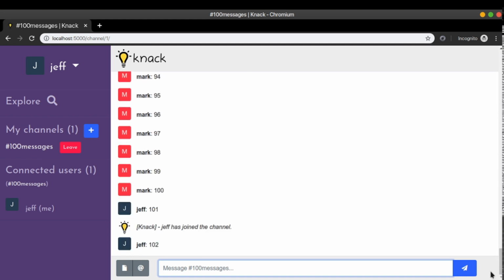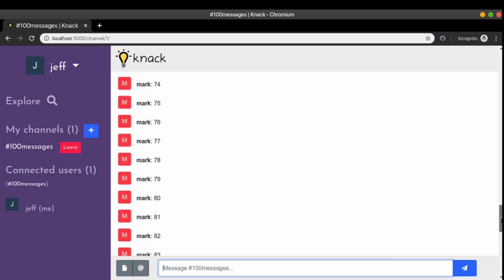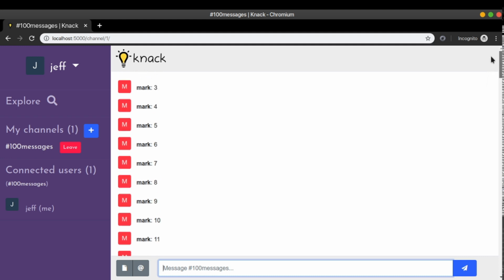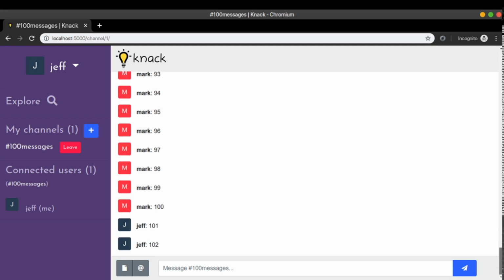But now imagine if we were to reload the page. By the way, the notification also goes away because it's not considered a message, so it's not stored. But now if we go up here, the second message has completely disappeared. So now we have only the 3, that is, only the last 100 messages are saved in our server. So just to not overload it.